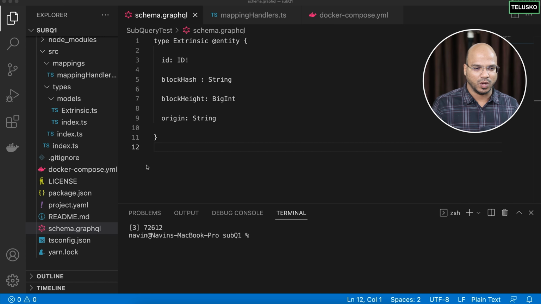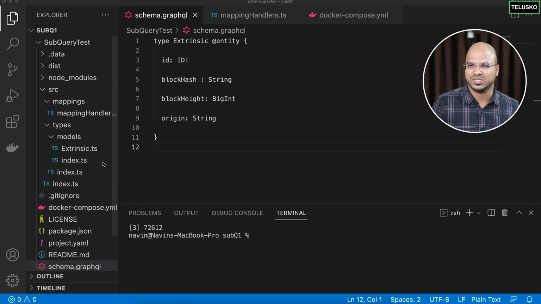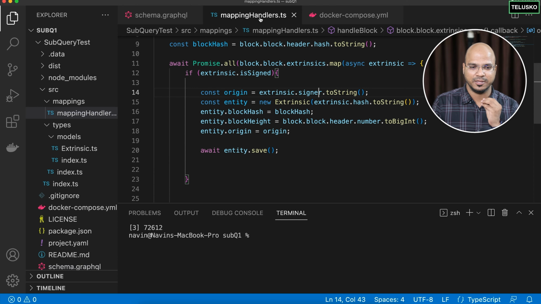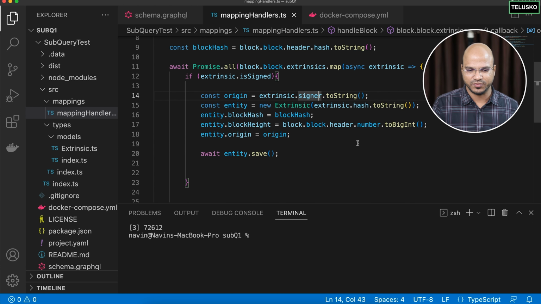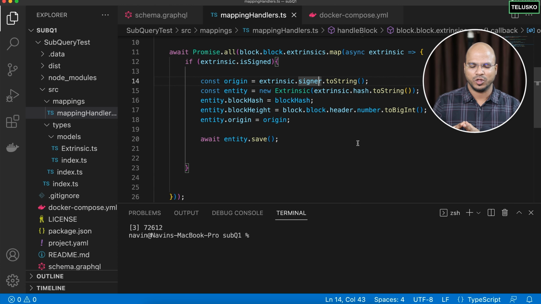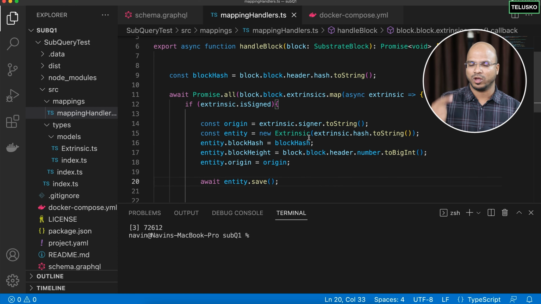So just to give you a walkthrough of what we have done till this point, we were able to create a starter project, which was not having anything much, simple stuff. And then we are basically only handling the blocks here, right? So that's what we have done. In fact, we'll also do it for normal events. As of now, we are only dealing with blocks. So basically this is your block here. And then every time a new block is created, you are basically trying to map it.